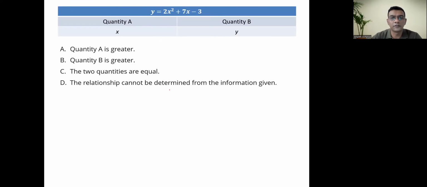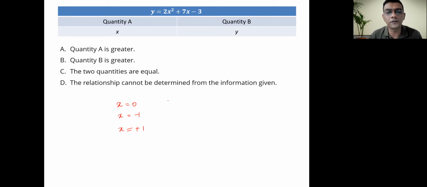Now, let's look at this particular question, which says compare quantity A and quantity B, where you have to compare X and Y. Now, you know that Y is 2x squared plus 7x minus 3. There are people who will solve this as a quadratic equation. But rather than solving this as a quadratic equation, let's understand this, right? Now, you know that X can be positive, X can be negative, or X can be 0. You can take minus 1, 1, or you can take minus 2 and plus 1, or whatever value you like,